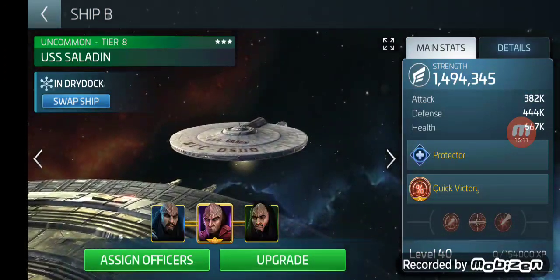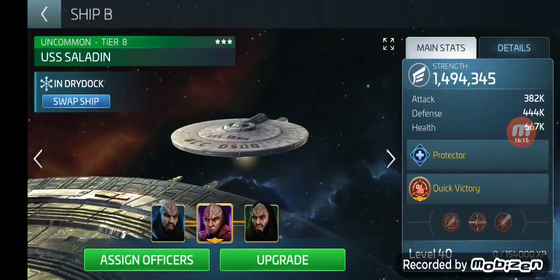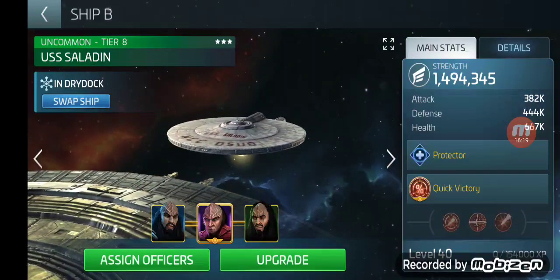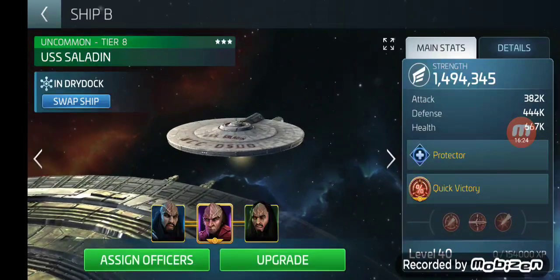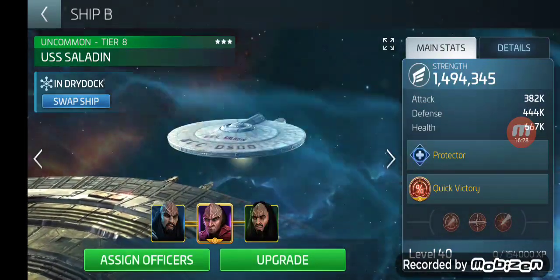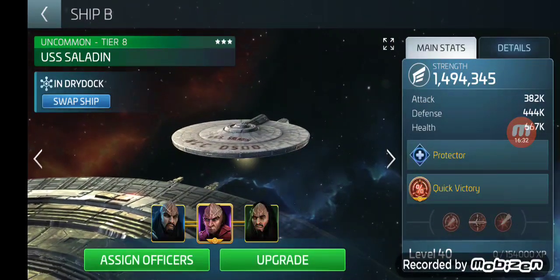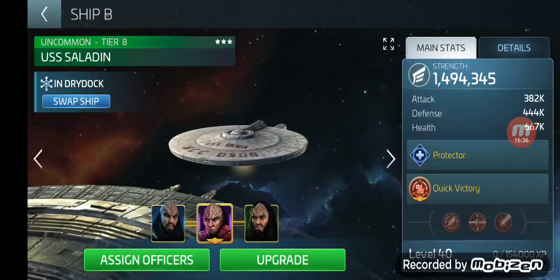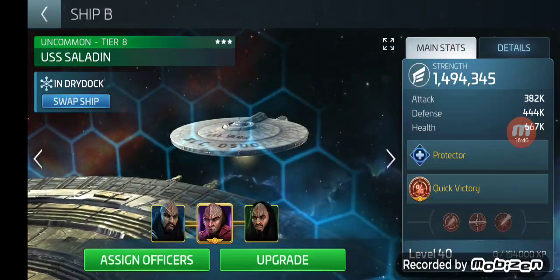So the last two ships I'm going to talk about in this video are two of the level 28 faction ships, the first faction ships that you can get. If you guys have watched this video before, or these kind of videos, you know I hate the Bortus, which is the Klingon ship. However, what I will say about the Bortus is it is a good base cracker. So if you want to do a lot of raiding and you don't care so much about speed,